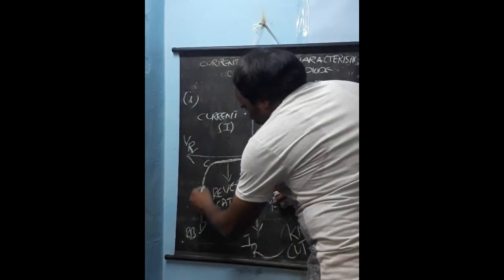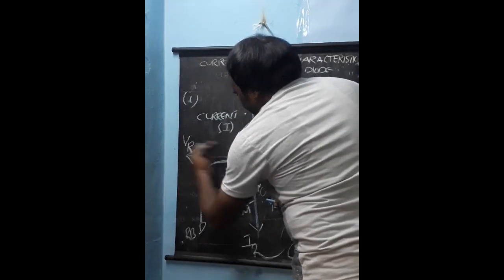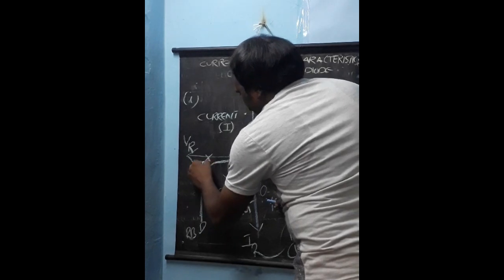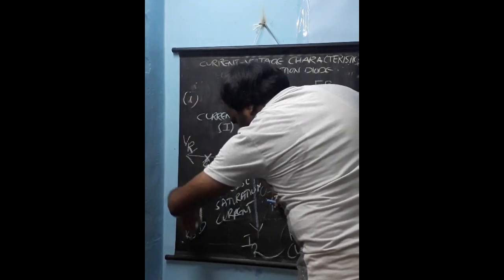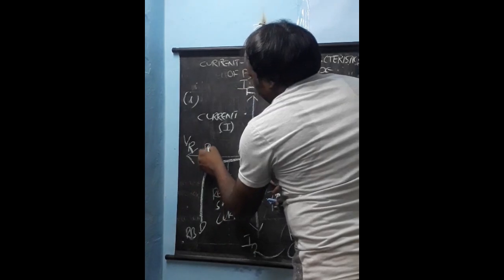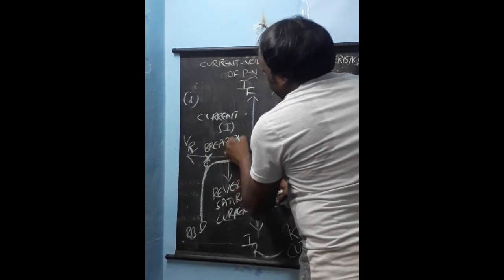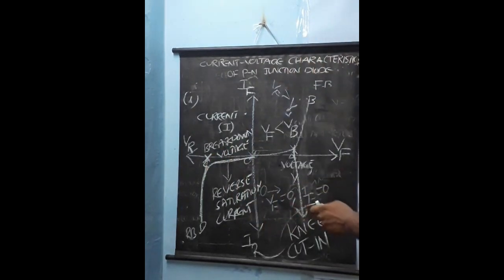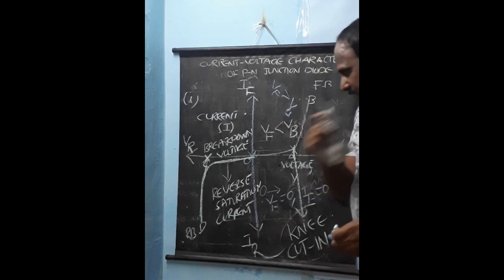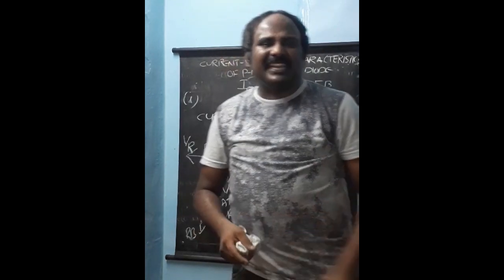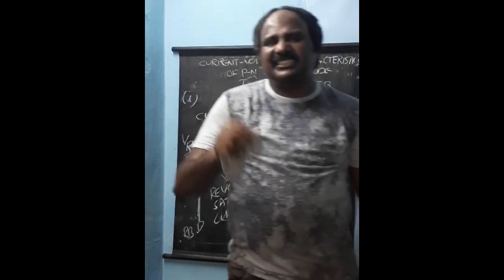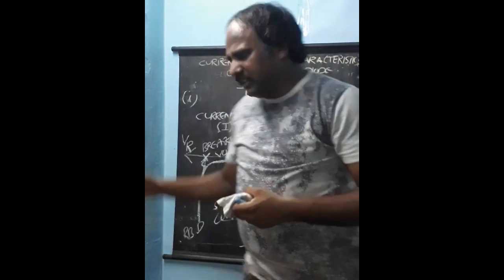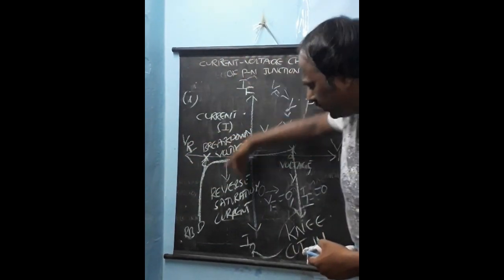From C to D, there is no increase in voltage, but this reverse current goes on increasing. Such voltage where the reverse current goes on increasing is called breakdown voltage. So in such a way, we are going to explain the characteristics of PN junction diode in reverse bias. So once again, a graph is drawn between voltage and current.